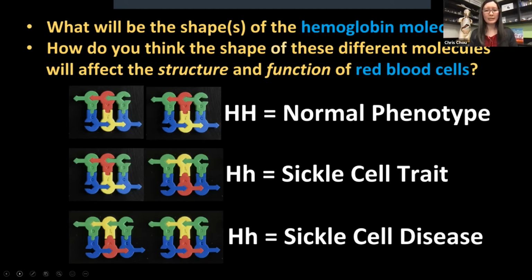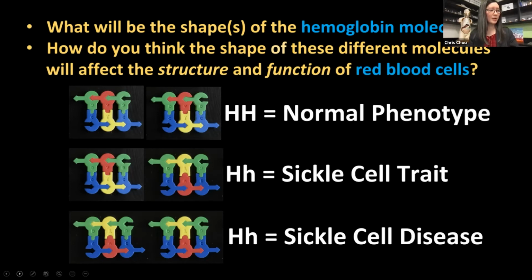So sickle cell disease down below would be a little h, and you get 2 copies of the abnormal HBB gene. And so that's going to result in some problems. But if you carry 1 copy of the normal and 1 copy of the sickle version, you get the sickle cell trait. So on the outside, you appear to have a normal phenotype, but there can be some issues that